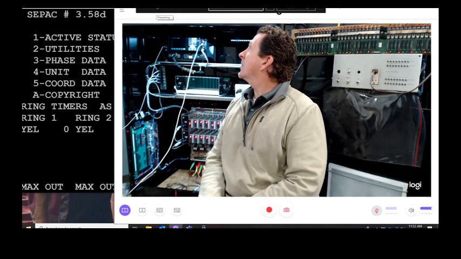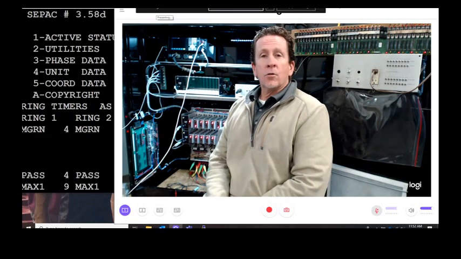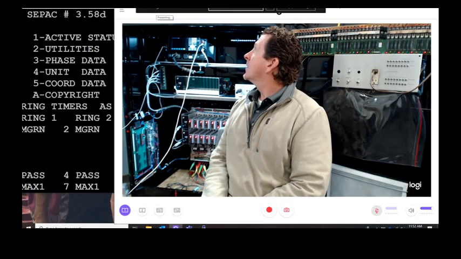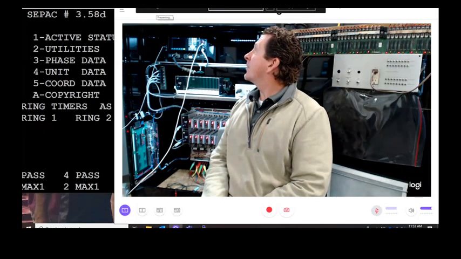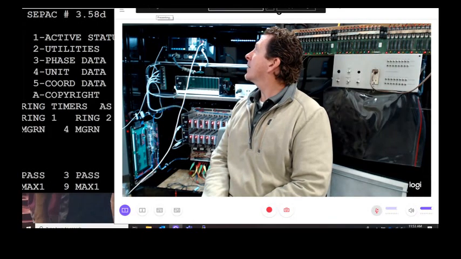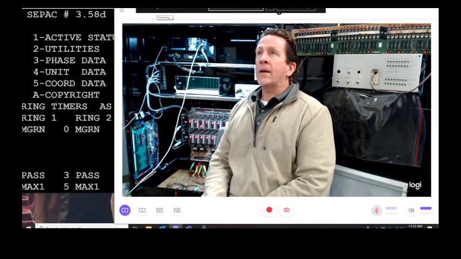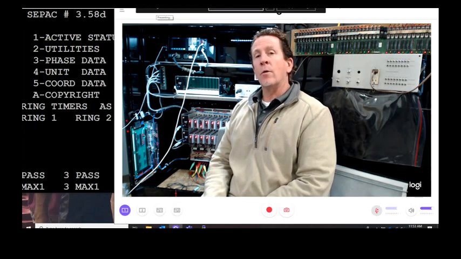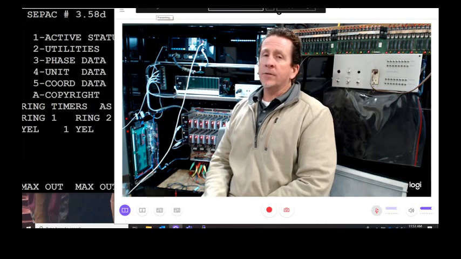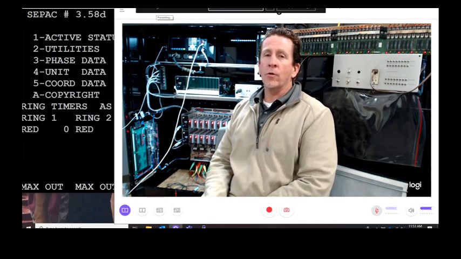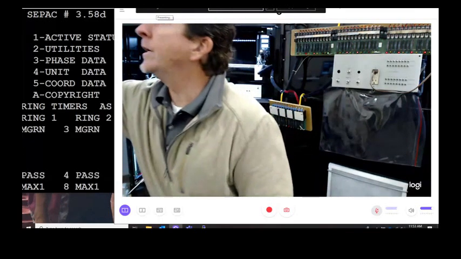So if I understand the question, you took out an old Eagle 300 and you put in a new controller. We're installing a new TS2 cabinet. Did the BIU automatically get programmed? I assume that you're changing controllers. If the controller came from us with the cabinet, it would have been programmed to have the BIUs on. If it didn't, then you have to turn that on in the programming through the